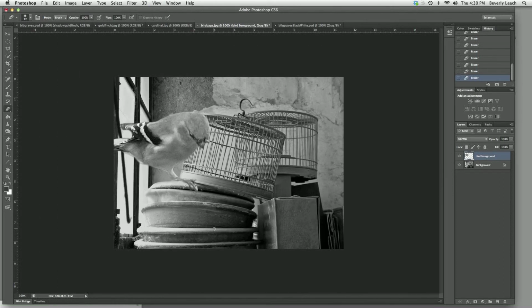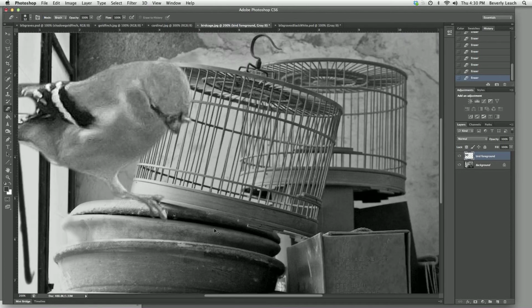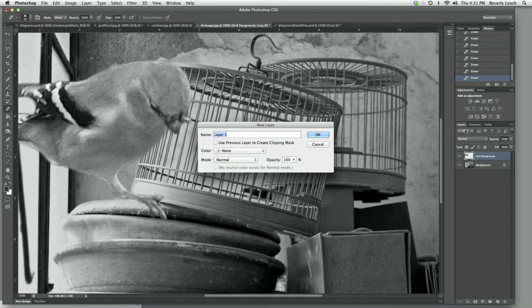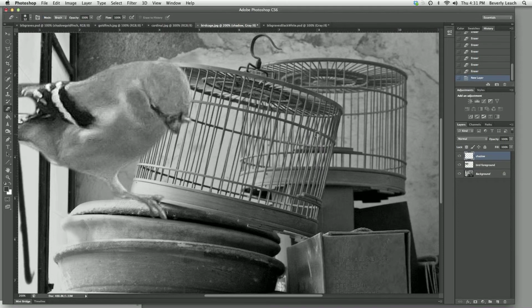All right, I'm going to zoom out just a smidge. Maybe zoom back in. I like the highlight on the claw, I just didn't like the shape of it. There we go. All right, I'm going to make a new layer called shadow. Okay, there we go. The shadow I actually want under the bird, so I'm going to drag my layer to be under the bird. All right,